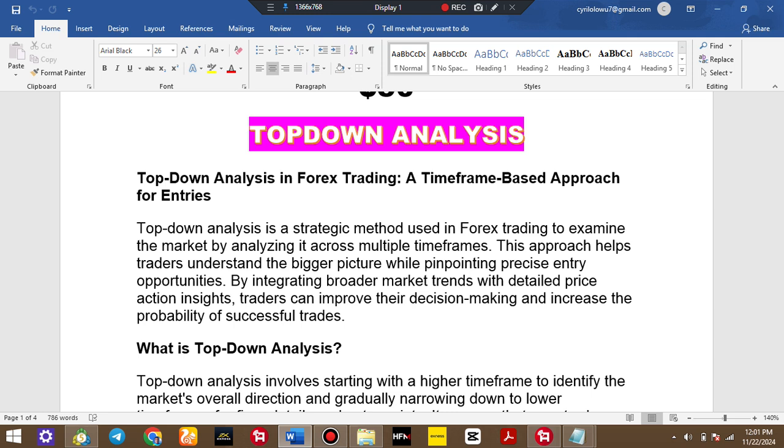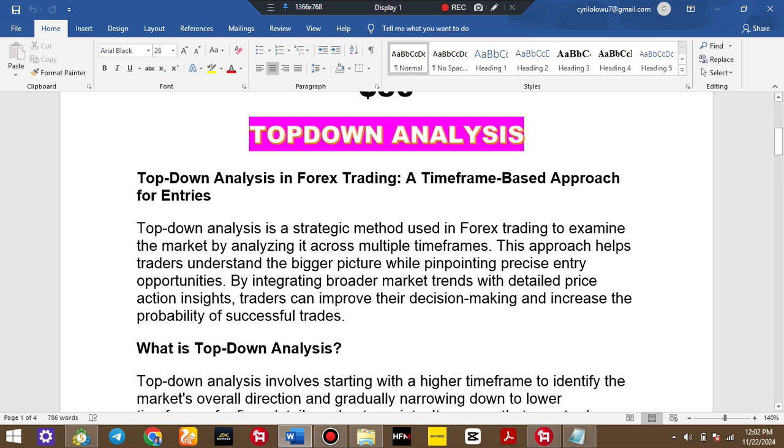It is usually wrong for you to just open your chart to 5 minutes, 1 minute, then start placing trades on those time frames without checking what is happening on the higher time frame, because the higher time frame has huge bias which will determine if the trend is going to go up or down. If you are trading against what is happening in the higher time frame, then it is a big problem; most of the time your trades will not go in your favor.